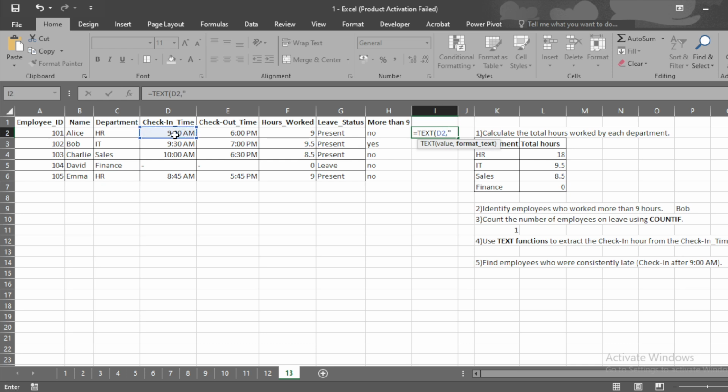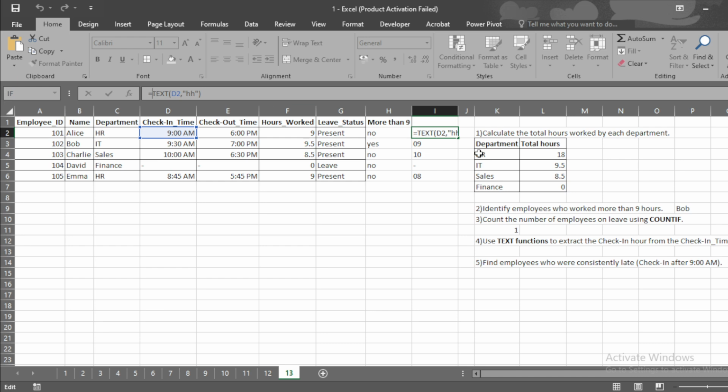So this way we can use the TEXT formula, and we can drag it down to the remaining rows. I separated the whole formula step by step so that it will be easier for you to understand.